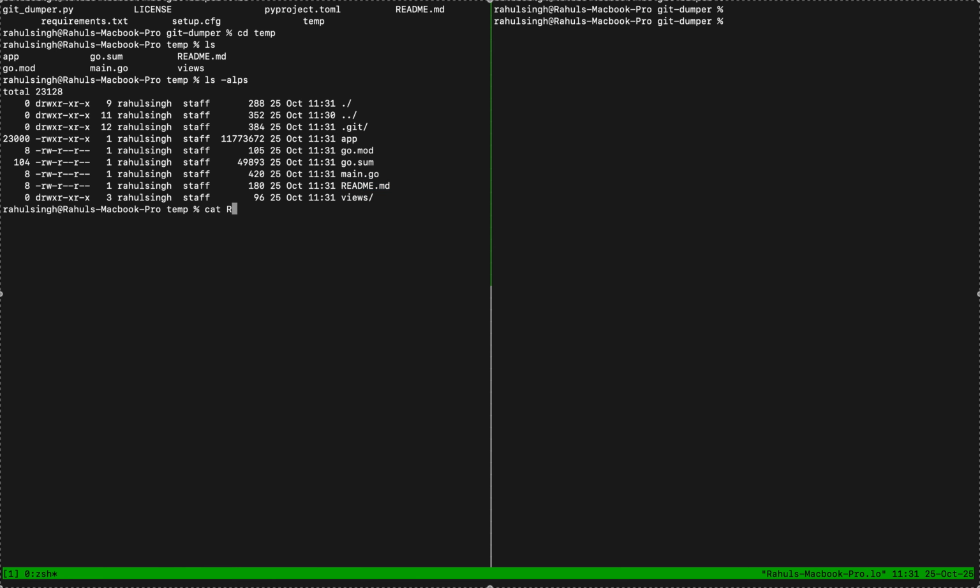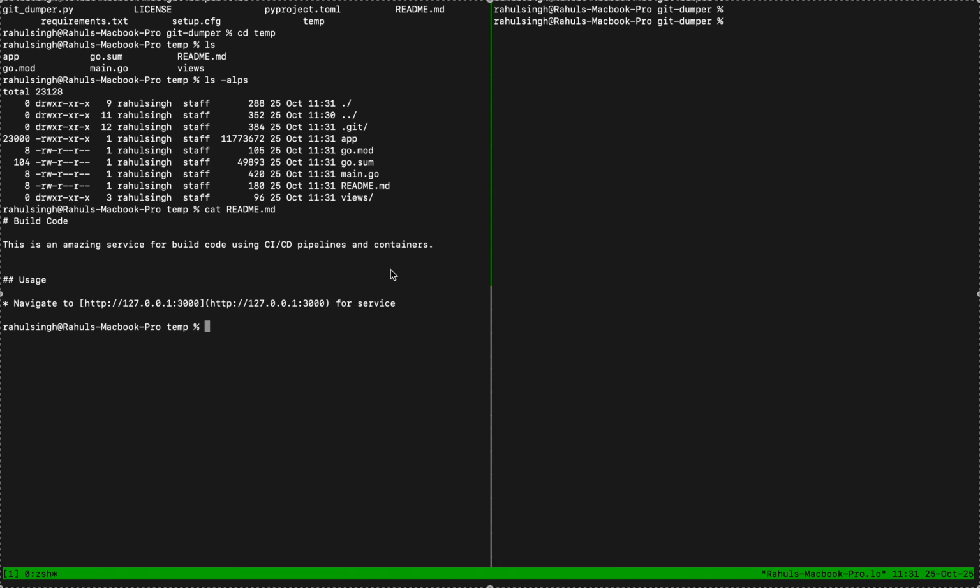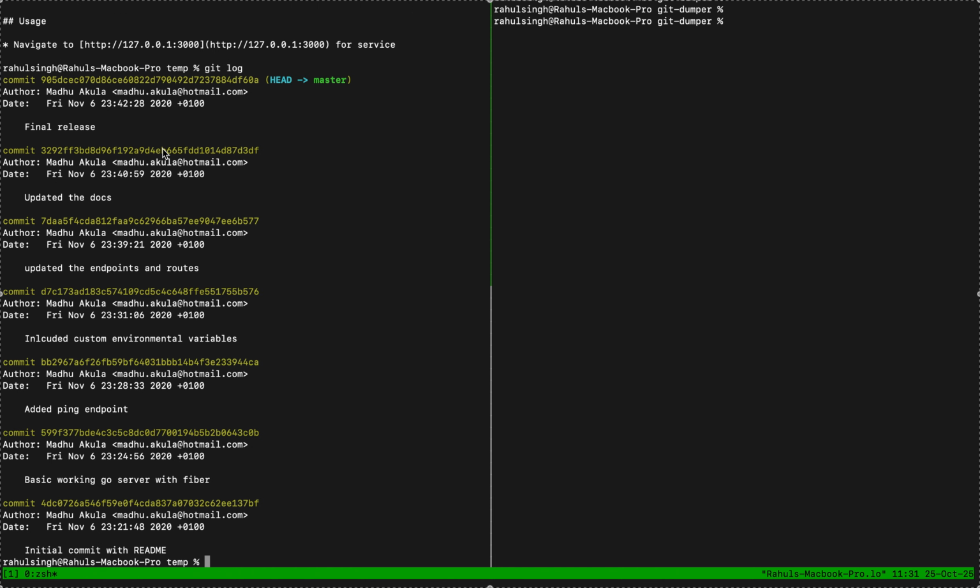So if I do this, I should be able to find something. Let's do cat readme.txt, I'll be able to read its contents. But this is not what we are interested in. Every time you make a change, it is saved as a commit. To view all those commits, we need to type the git log command. And as you can see, here are all the commits. Now there is a comment which says included custom environment variables. So this looks interesting. So I'll just copy this out and